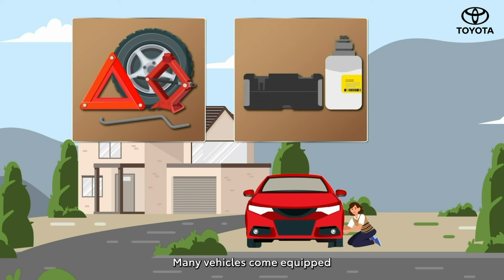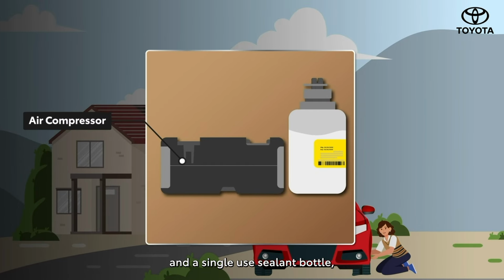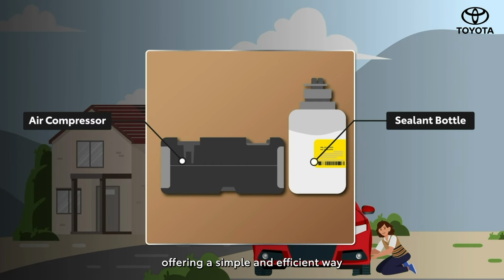Many vehicles come equipped with a compact tire puncture repair kit instead of a spare tire. It includes an air compressor and a single-use sealant bottle, offering a simple and efficient way to repair small punctures